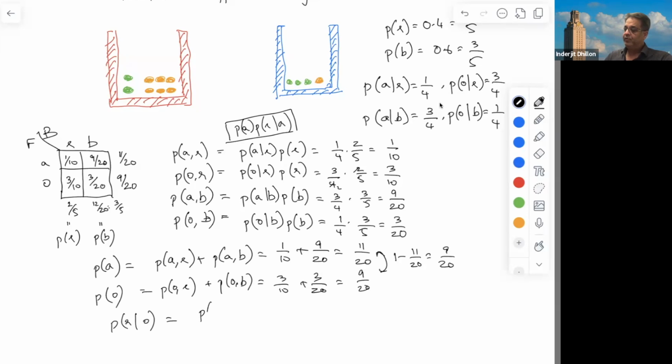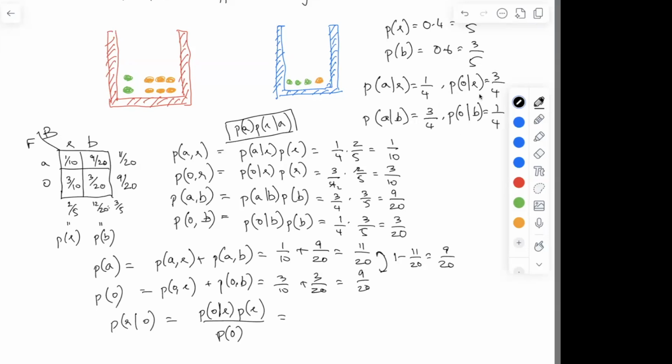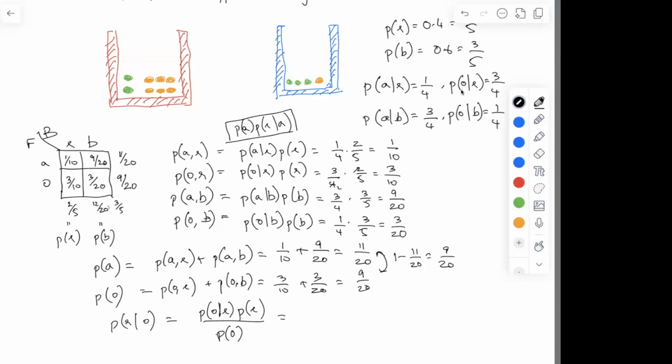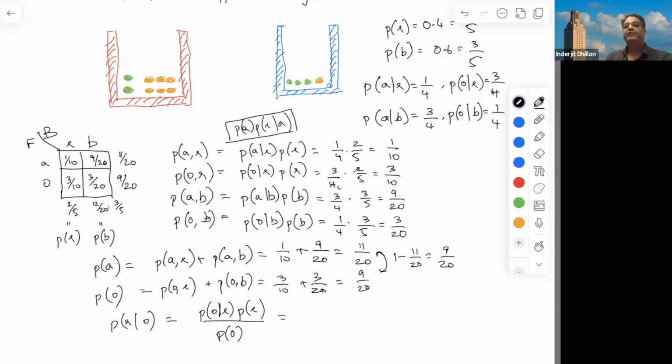That is P of O given R, P of R, divided by P of O. What is P of O given R? 3/4, over here. Sorry, I meant 2/4. Yeah, P of O given R is 3/4. Remember, if you have a red box, then there are 6 oranges out of 8. So that's why it is 3/4,